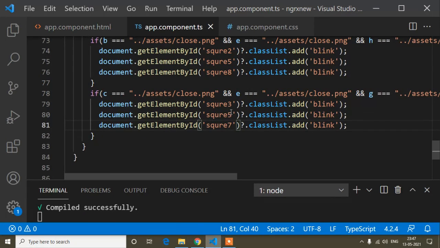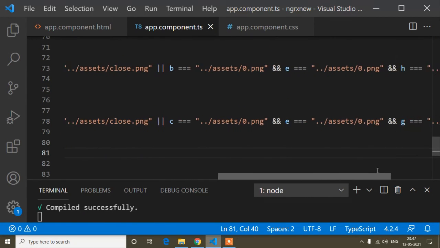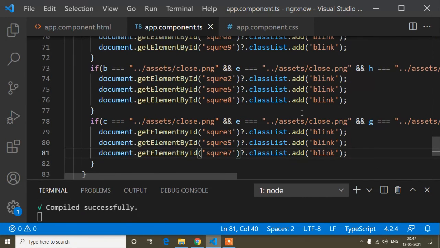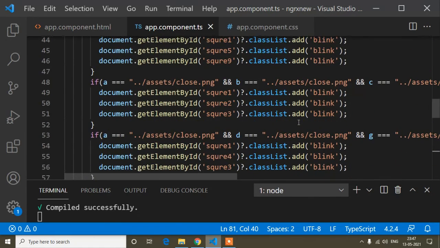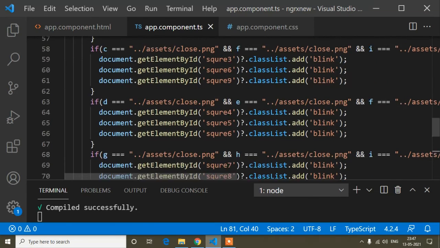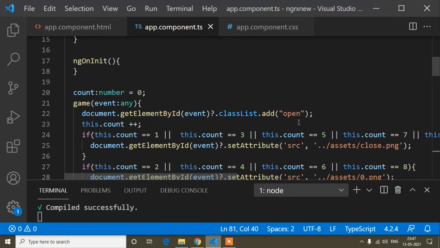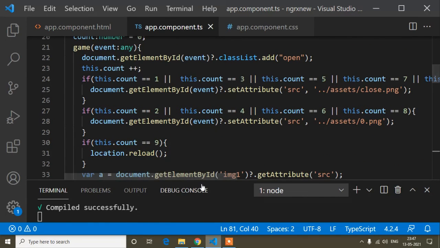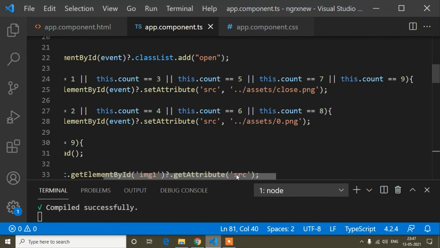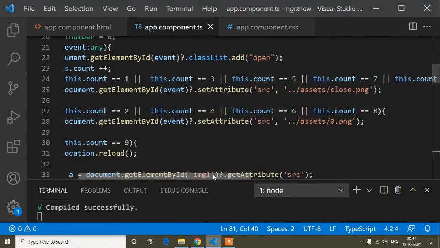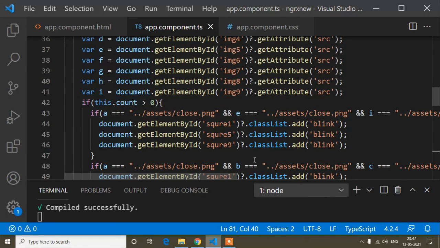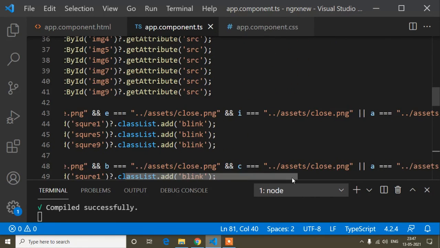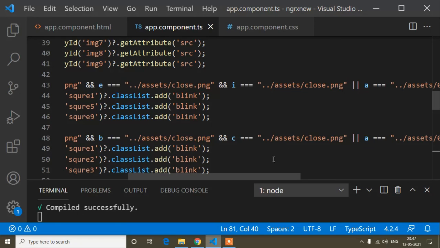So I hope guys you have understood, and like this way here you can see the code. I'm just scrolling from before, so you can pause the video and you can just write the code. And I hope guys, mainly, you have understood whatever I'm trying to show and how I made this one.